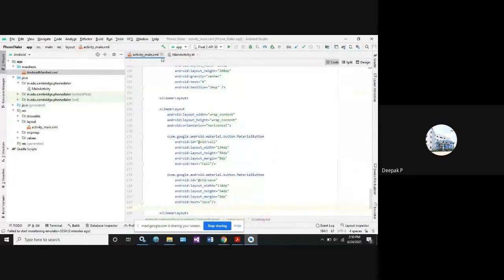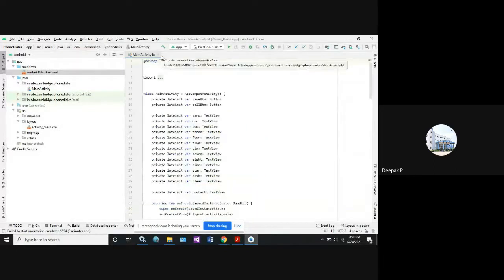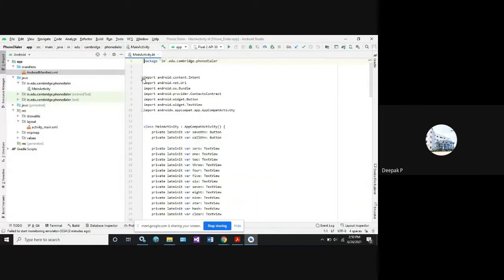So we have finished this activity main file. Now let's go to the Kotlin file. In the main Kotlin file, usually we have this Intent, which provides a service library to specify a particular action, as specified by the user. Next, we have to import one more library called Uri, which stands for universal resource identifier. These identifiers will be accessed by the service of the intent.